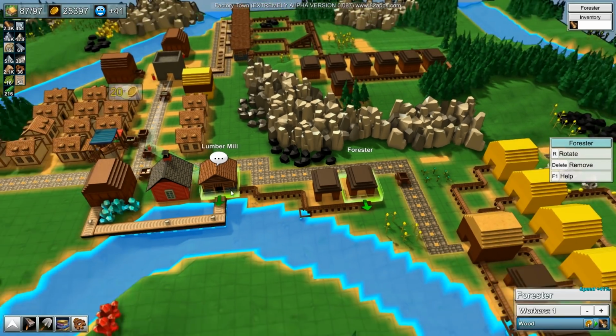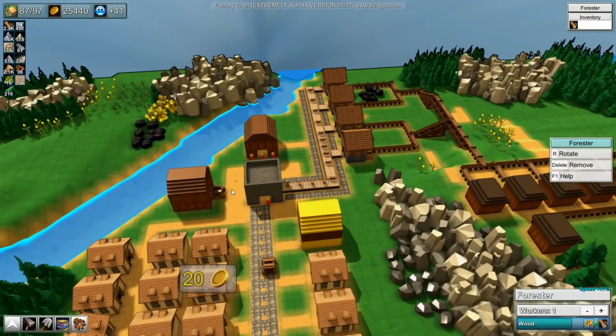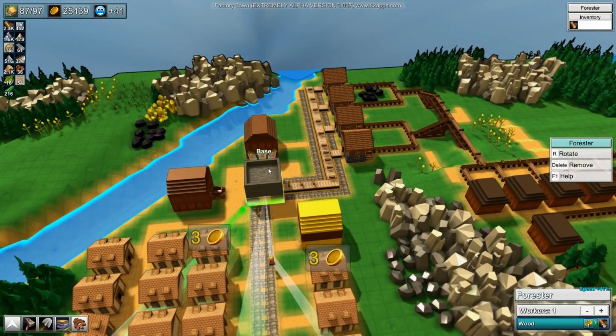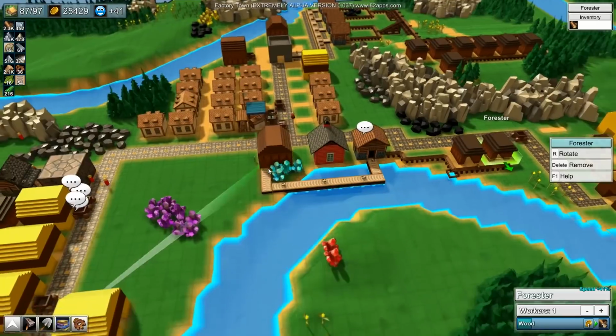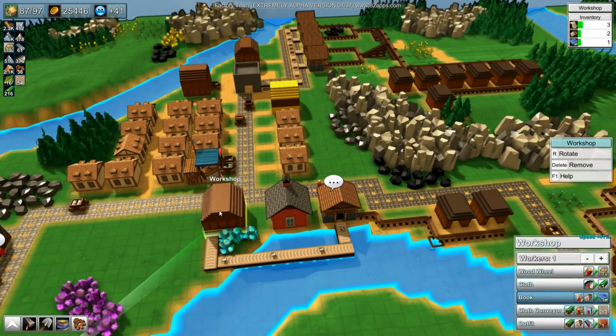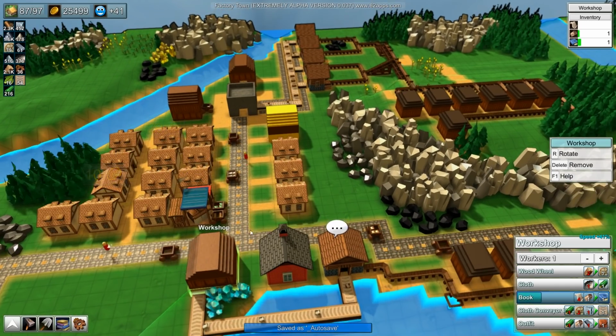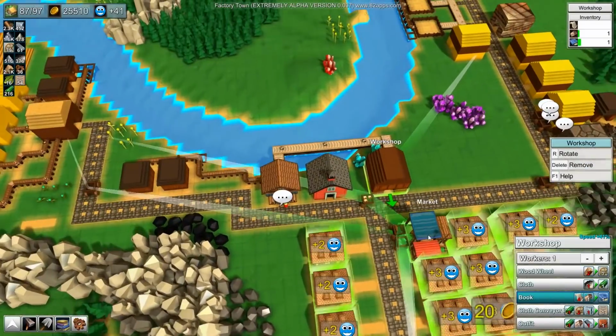I saved up all that to make all these conveyor belts, all these metal ones, and now I don't even need them. This is doing super well. I'm happy with this. I'm happy with the paper. Paper and leather to make the books. We've got a book already. So what I'm going to need then